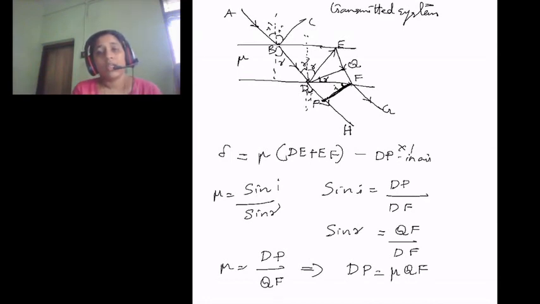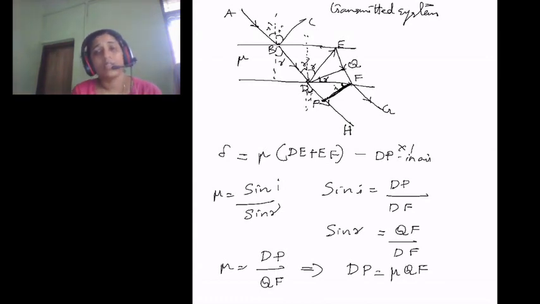So in the transmitted system, a ray AB is incident on the thin film with an angle of incidence I, and from there it is refracted and transmitted through the path BD. After reaching the point D it will be reflected through the path DE, and from there it will be again reflected through the path EF, and from there it is transmitted out. Similarly, from the point D, the beam will undergo a refraction and be transmitted out. Thus we obtain DH and FG beams, which are going to interfere.